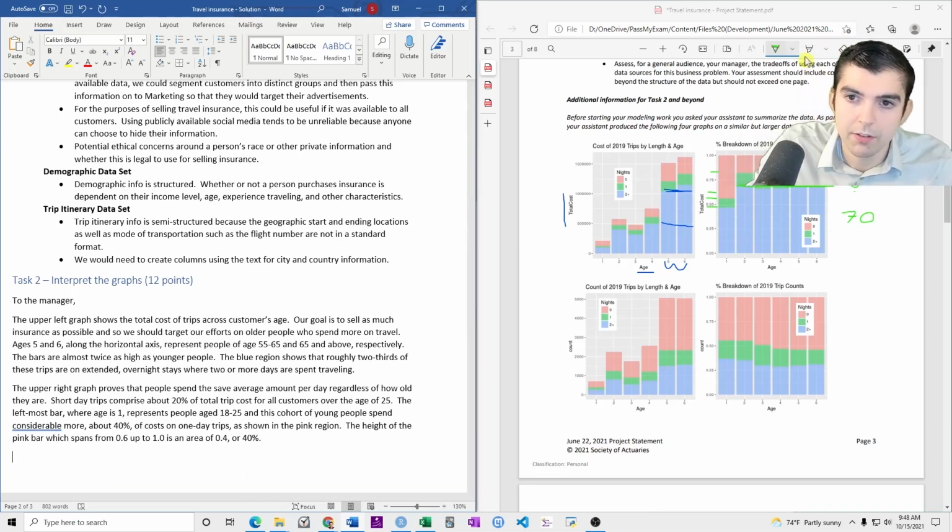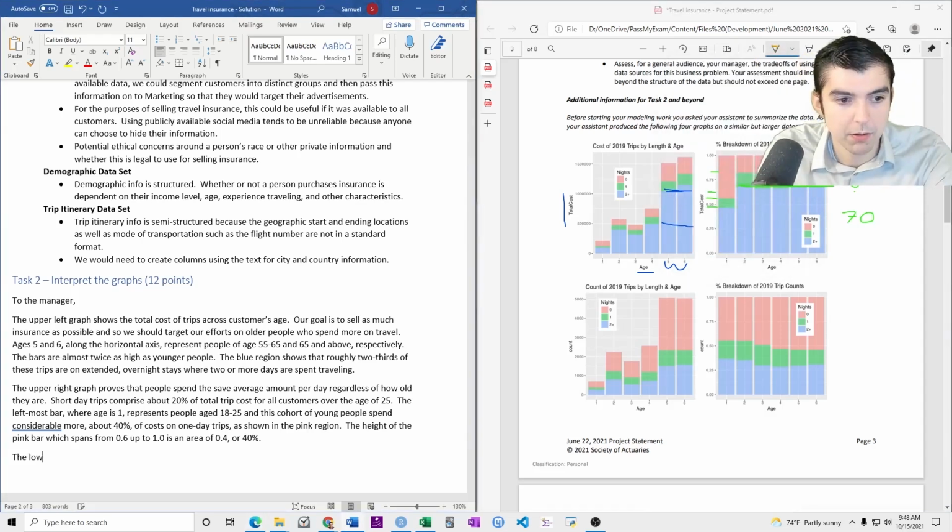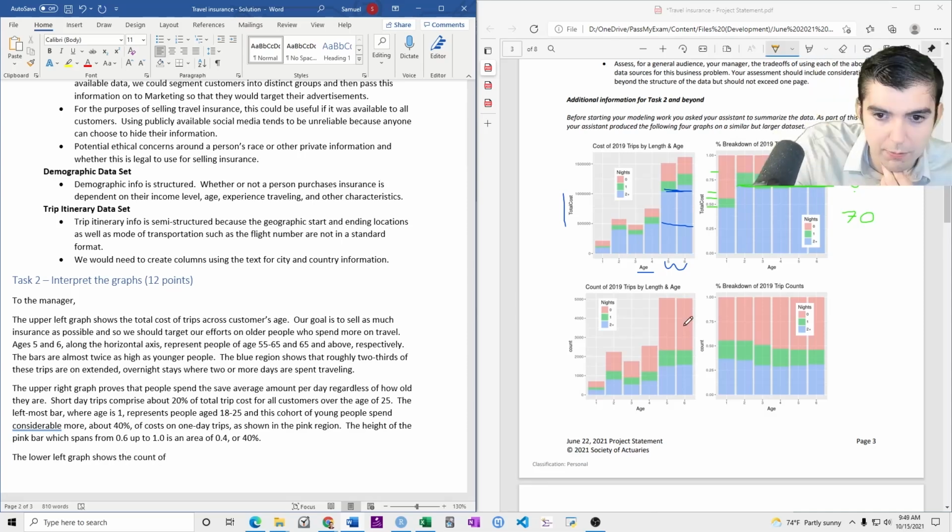Okay, now let's look at this graph. The lower left graph shows the count of trips. I see the same trend as the top graph, where there's this increase here for older retired people.